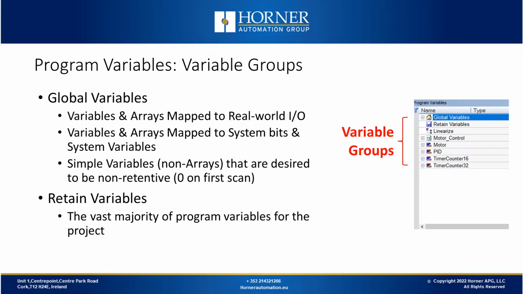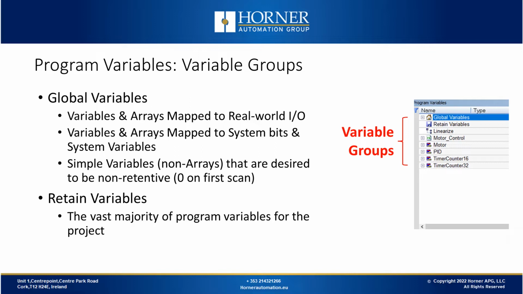So let's start with the variable groups. From top to bottom, the first group you'll come across is the global variables. So what are global variables? In your global variables, first you have the variables and arrays that are mapped to real-world I/O. Normally, you don't have to map your variables to memory locations with tag-based or variable-based advanced ladder, but if you have a particular digital input, output, or analog signal that's tied to a pin on the I/O terminal strip on the OCS, you need to make sure that that specific I/O pin gets tied to that specific variable you've just created,